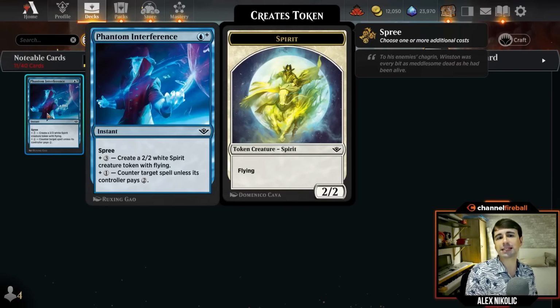Next up, we've got Phantom Interference. This is the blue counterspell. You counter the spell unless they pay 2, or you can pay 3 to make a 2/2 flying spirit token. This card is still a card I like quite a bit. I think it's still a strong card, but I do think it's pretty tricky to use because you can't just leave it up without anything else. I think it is best in a deck, like counterspells usually are, with a bunch of other instants, because especially at this point in the